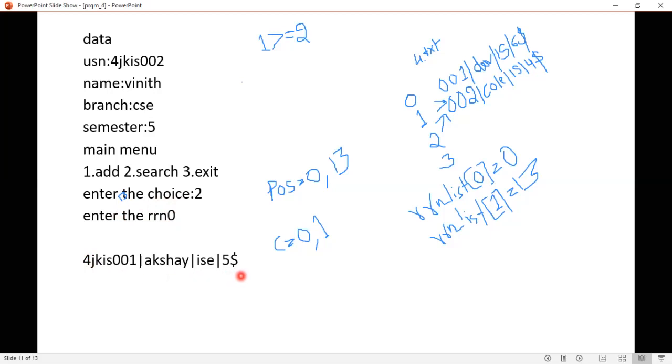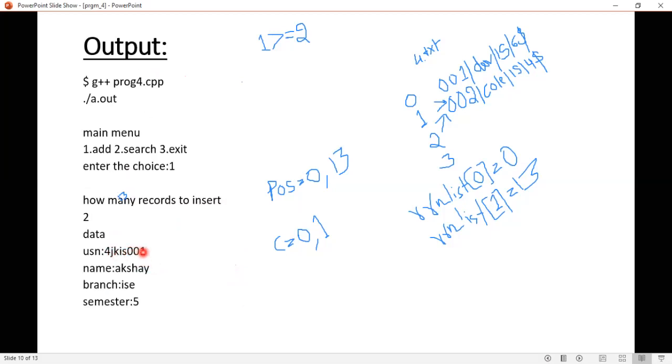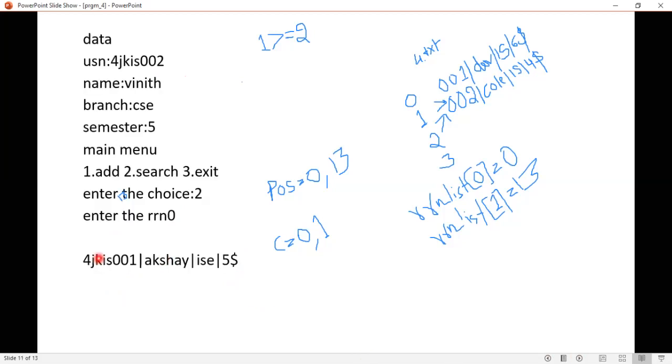The first record in the text file, that is the first data you have entered. Which was the first data entered? This one, 4JKIS001 Akshay ISC 5. This has to be returned. The same thing is returned.